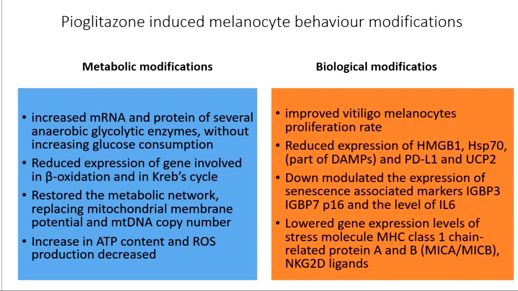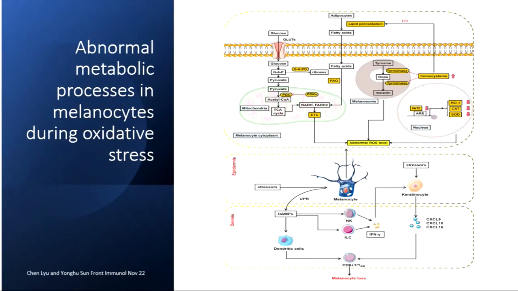So basically what we observe is that there are some metabolic modifications with an improvement in energy metabolism, reduced expression of genes involved in beta oxidation and Krebs cycle, restored metabolic network, and this was associated in vitro with some relevant biological modification of the vitiligo melanocytes. We have even some clear evidence that this works also for fibroblasts and even for keratinocytes, but I do not present all this data. So this is a scheme that was published very recently, which demonstrates how altered metabolic process